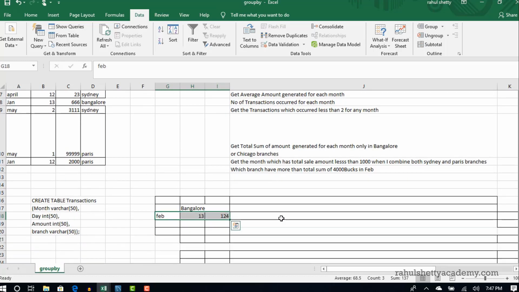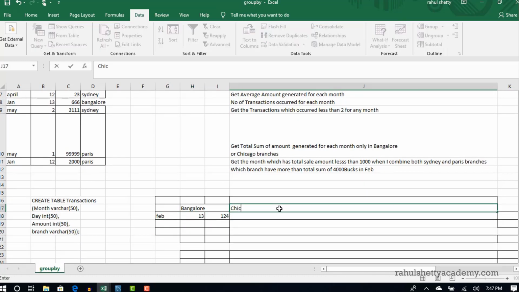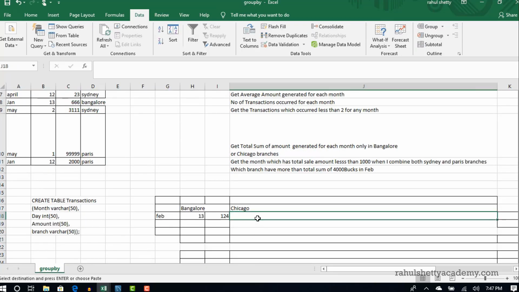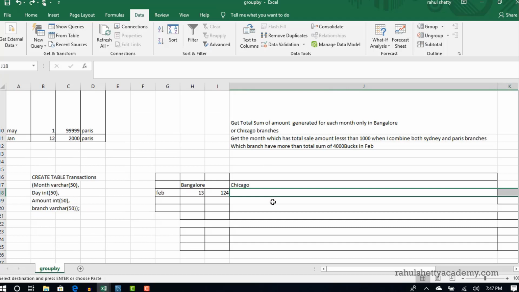So let me take Chicago. Let me complete this, you will get the idea. So Chicago again, when I say group by Chicago, all Chicago related transactions. Let me put it here.